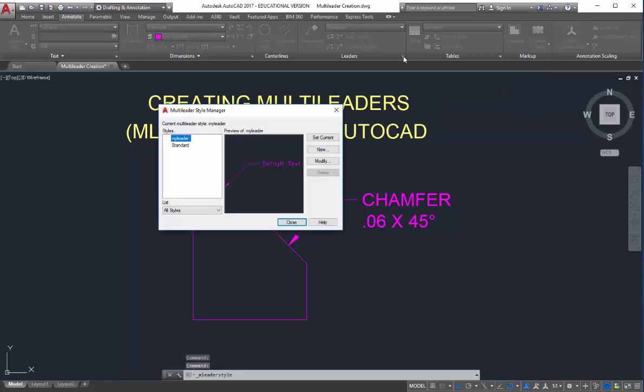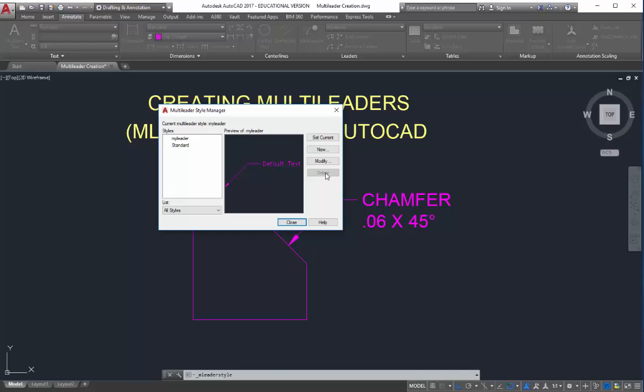Once opened, there are three visible areas in the Style Manager window. The first area on the left is the location where the new style and the current styles are listed. The middle section is a preview window showing you what the results of your settings will look like, and the selection buttons on the right are for setting a new style current, creating a new style, modifying an existing style, or deleting an unwanted style.